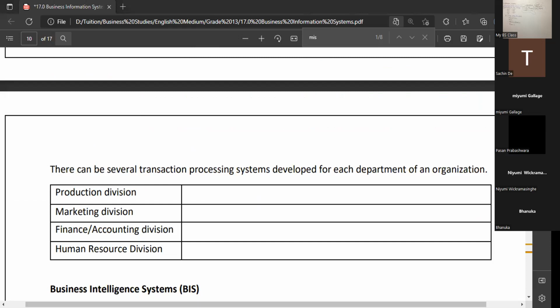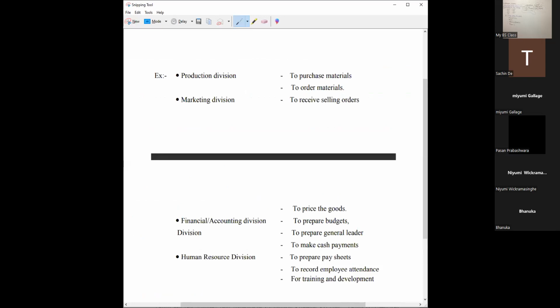Daily operations related to HR, daily operations related to marketing. So likewise, you can see a set of things there. Let's see what kind of daily tasks we have and how we can classify them. So this is mainly production, and then you do have marketing. Now, for example, if you think about the production division, something like purchasing materials, ordering materials, if they